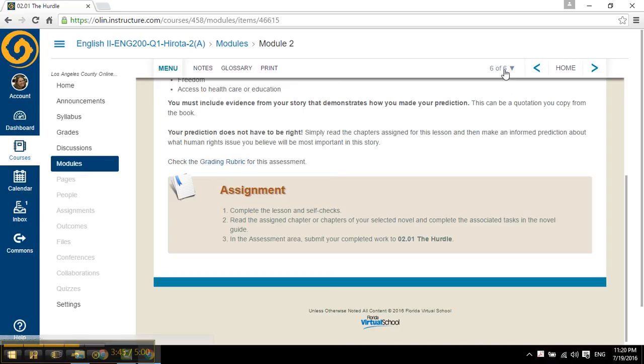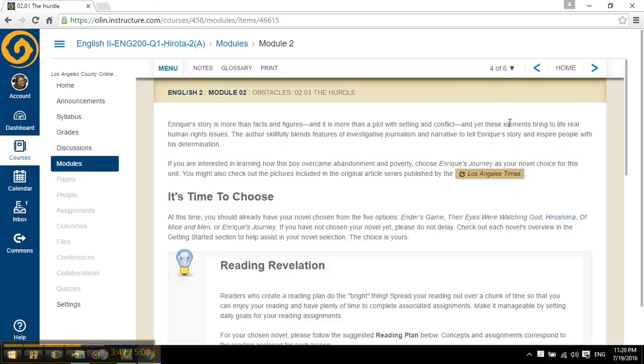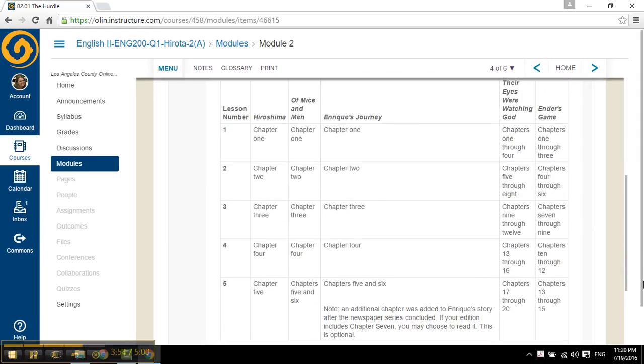So let's take a look back at the reading guide, which was on page 4. And in the previous video, I talked about how some of the books are shorter. Of Mice and Men, I think, is a little bit shorter than the rest. But the chapters are either longer or shorter. And I'm going to run out of time in this video if I don't talk a little bit faster. But for Their Eyes Were Watching God, you need to read chapters 1 through 4. For Ender's Game, it's 1 through 3. For the other 3, it's just the first chapter. And remember, you're picking one book, not all of them.